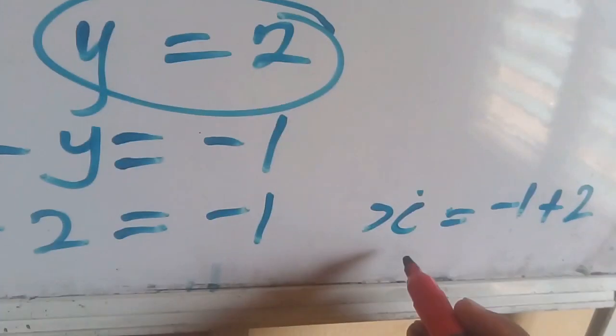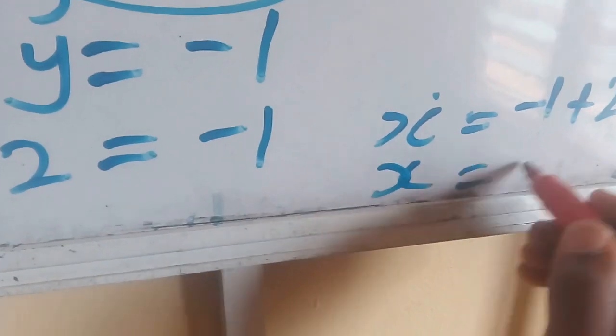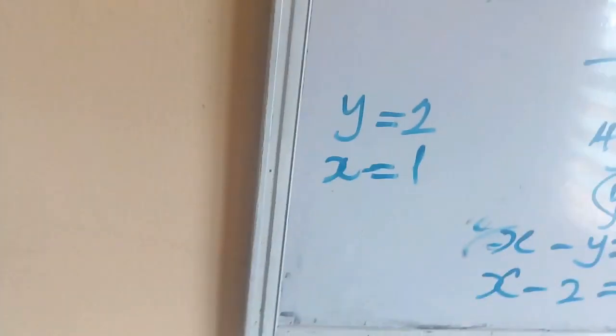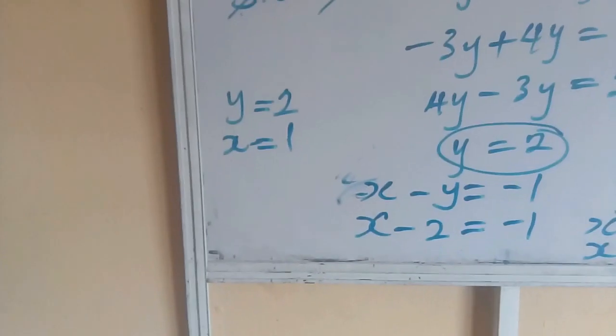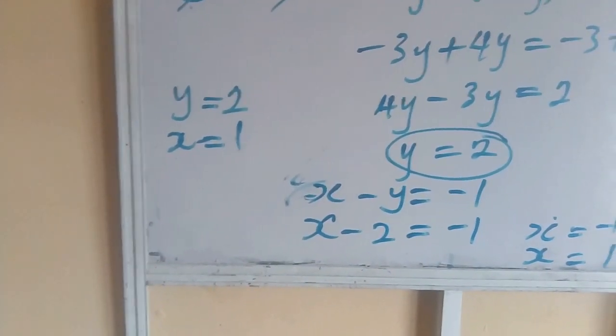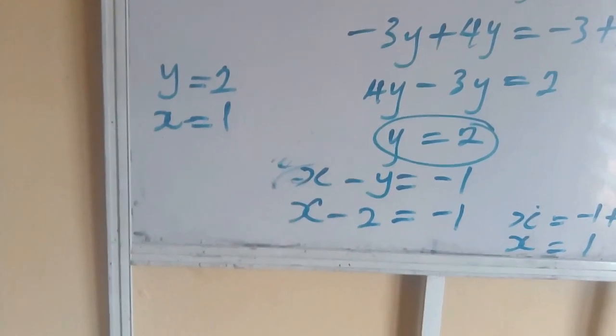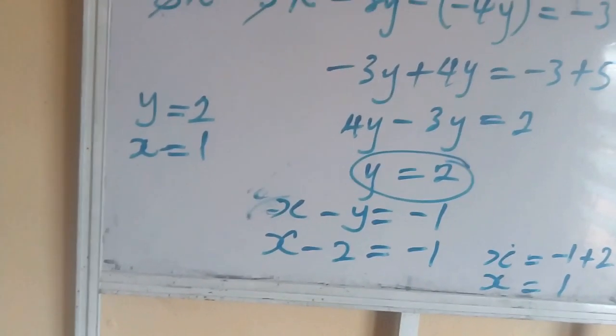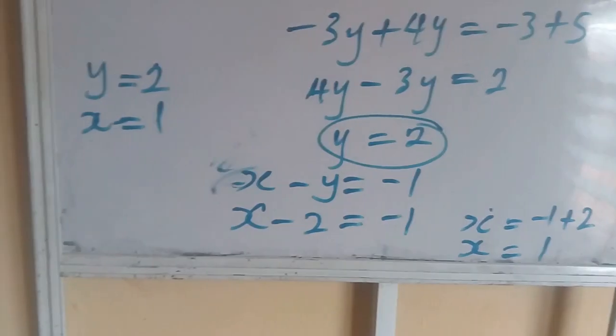So minus 1 plus 2, x will now give us 1. So the values we have are y as 2 and x as 1. Once you are through getting the values of x and y, you can check if your answer is correct by substituting the values of x and y into all the equations